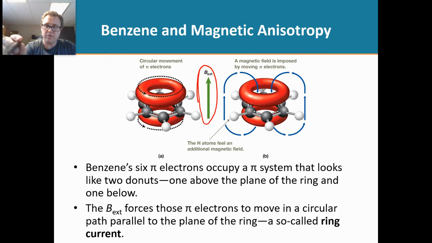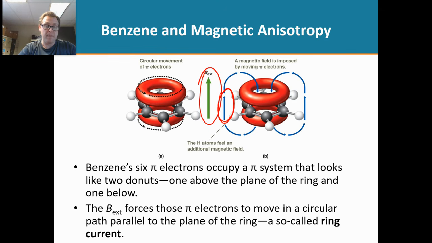Right here, there's our external magnetic field. And then we have, basically, the local magnetic field. Do you see how at that point, that is in line with the external